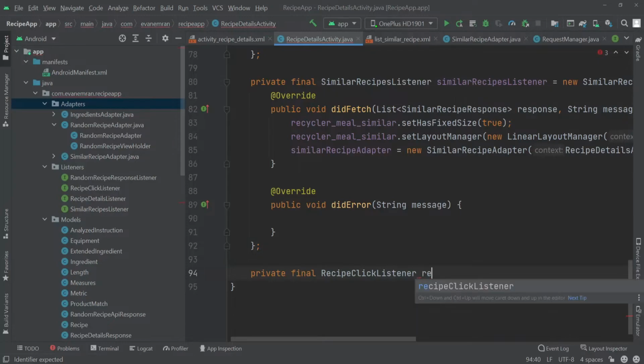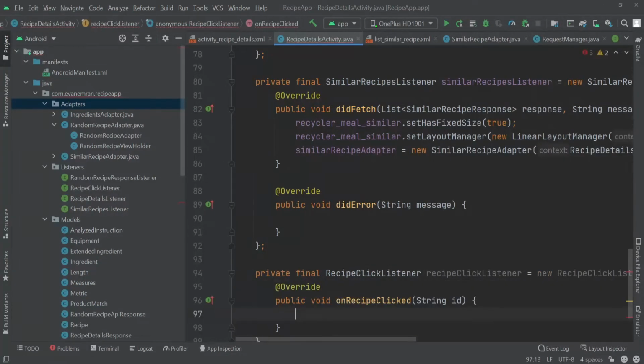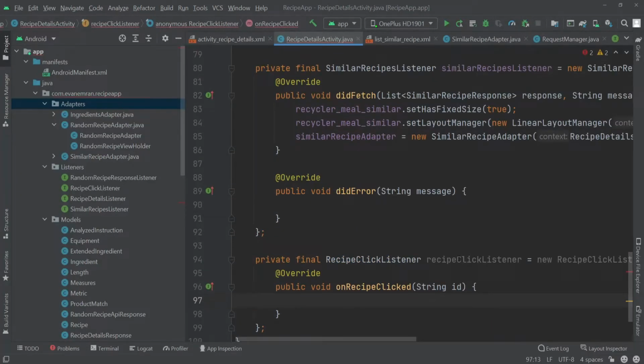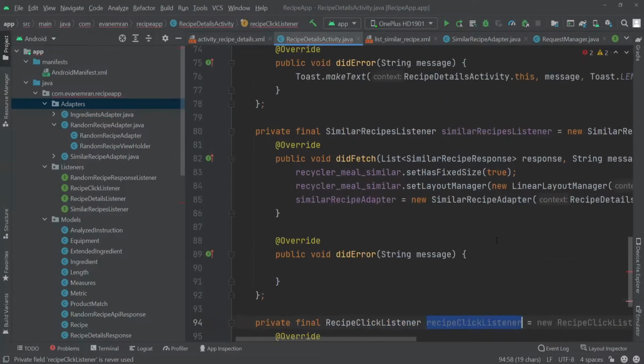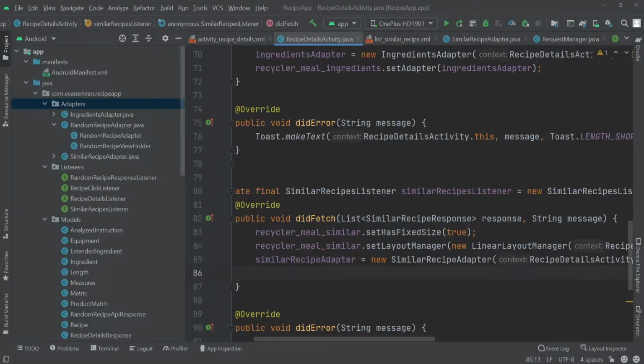I'll call this recipe click listener equals new recipe click listener, and here we'll put a semicolon at the end, and then inside the on recipe clicked we'll call the same activity again, but before that let's copy the name of that object recipe click listener, and I'll paste it after this response inside the adapter. Okay, add a semicolon at the end,